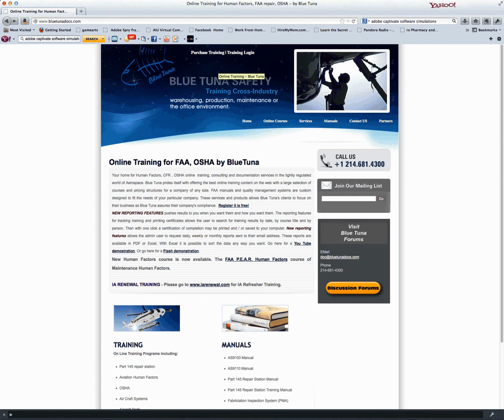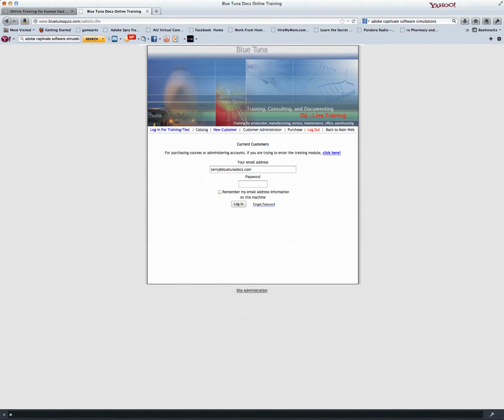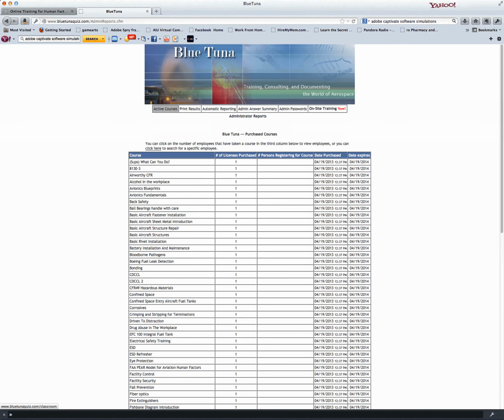Now let's navigate to the OJT module. First, let's just click on the training login and go to your customer administrator login page. Just log in as a customer administrator. Once you're logged in, proceed to the reports menu, and you're going to see on-site training with a red new next to it up in your top right corner. Just click on that,